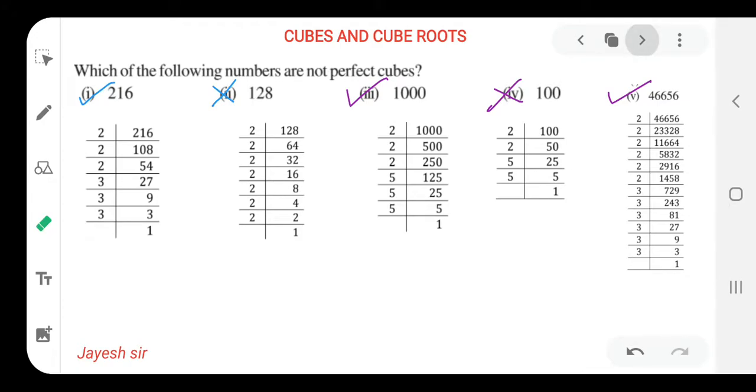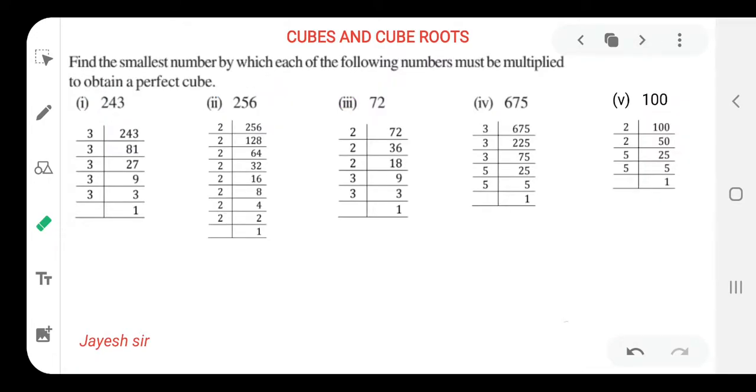So let us begin with the next slide and see what we are going to learn. The same thing is to be done over here, but in the question what is asked is: find the smallest number by which each of the following numbers must be multiplied to obtain a perfect cube. That means first we need to find the factors by this method. After finding the factors, we are again supposed to make groups, because in a cube it is totally dependent on groups only. A group of 3 means a number should be repeated 3 times. Here 3 is repeated 3 times. Writing 1, 2, 3, one group could be formed like this.